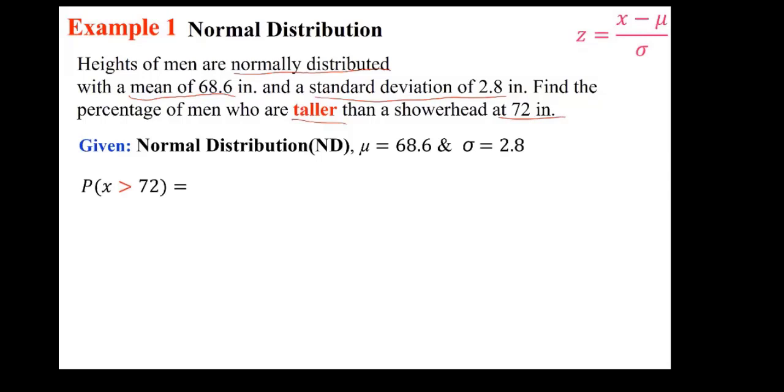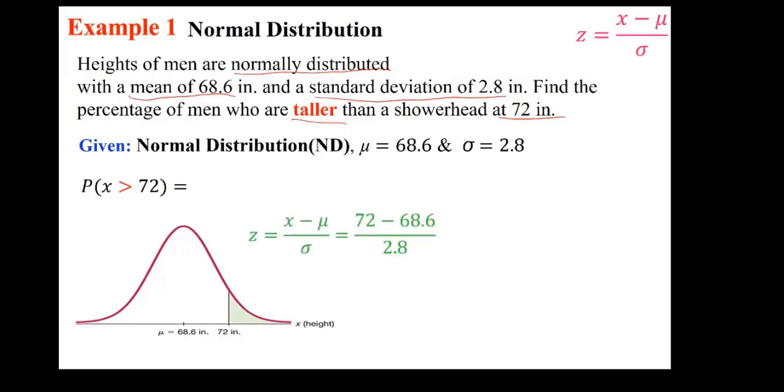We have to go to the z-score and standard normal distribution. This is what we want. And I don't normally even graph this. I want you to know that. Instead, I find the z-score first. Z equals x minus mu over sigma. 72 minus 68.6 over 2.8. And that gives us